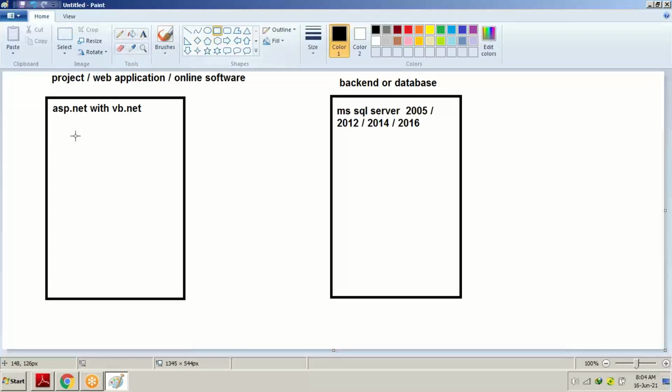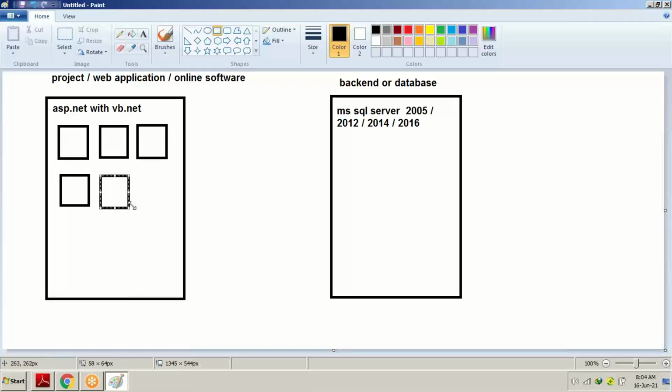So inside the software we have small pages also. Some might have 3, some might have many pages, 2, 4. Some big projects have more than 100 pages, and some have more than thousands also.